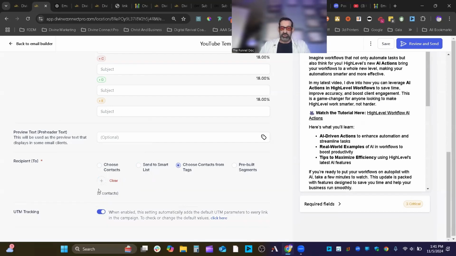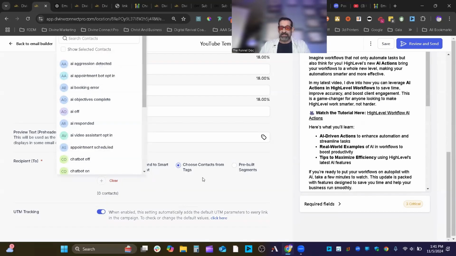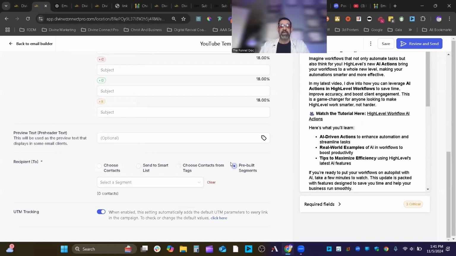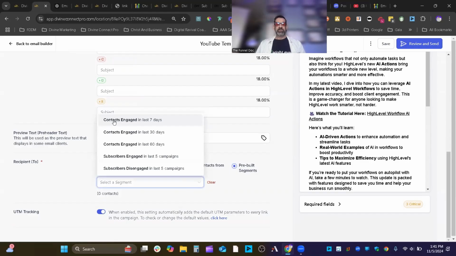Then you have the ability to choose for tags. So if you had different tags that you wanted to send specific email. And then the last one's really cool. They just added this recently, and this is to go for a segmented audience for engagement. So you got here